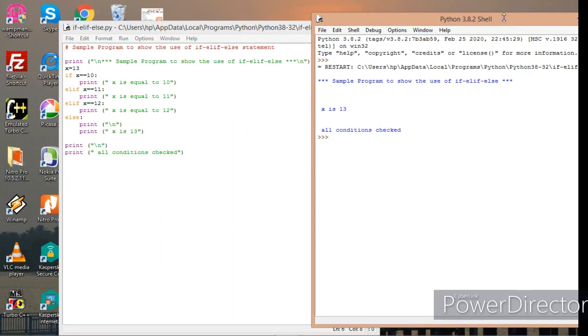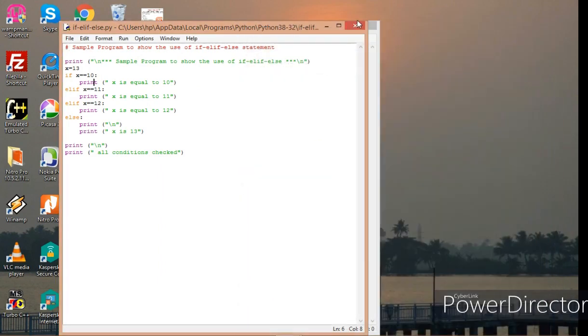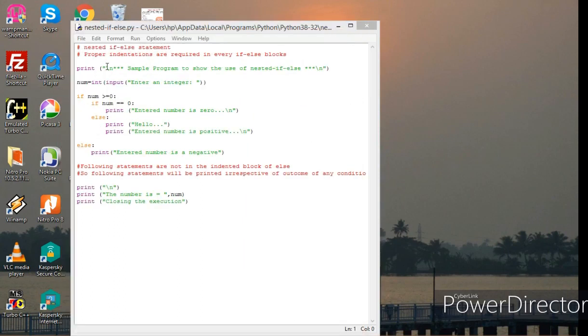Okay. Now let me try the last one in this series, that is the nested if-else statement. Here I am inputting some integer, so I have to type convert it: num equals int of input, enter an integer. Now it checks if num is greater than or equal to 0.